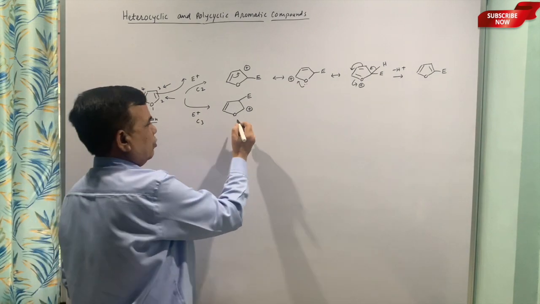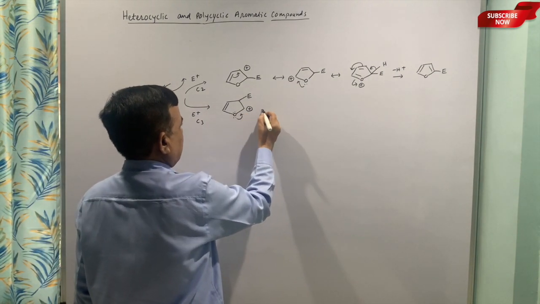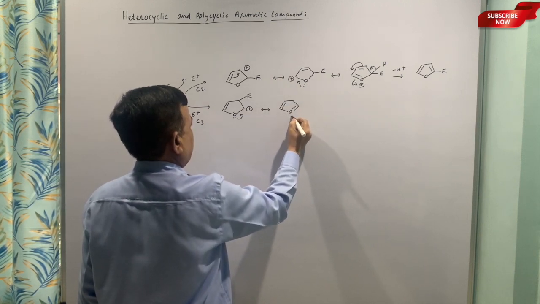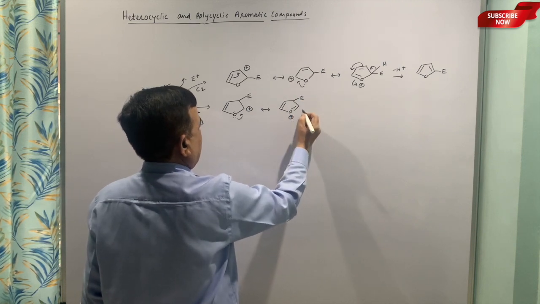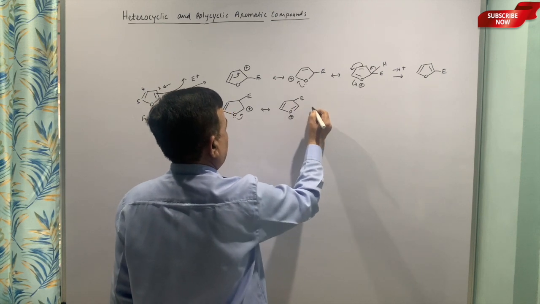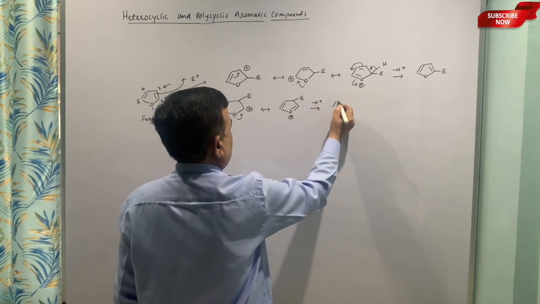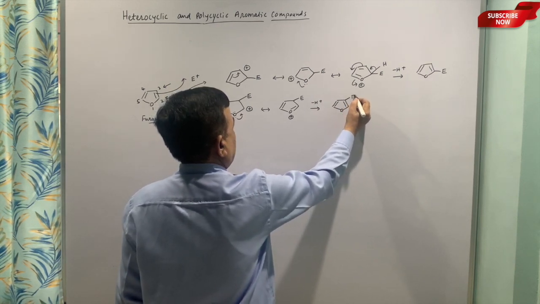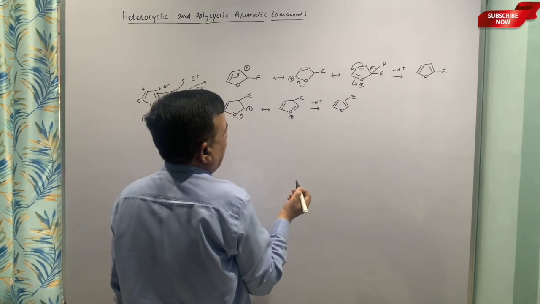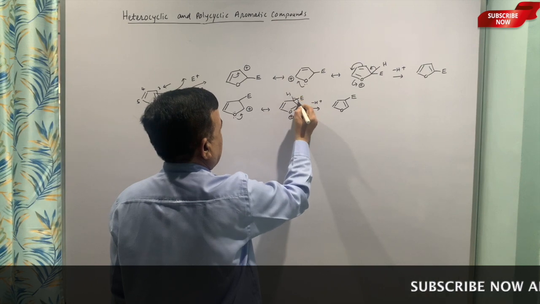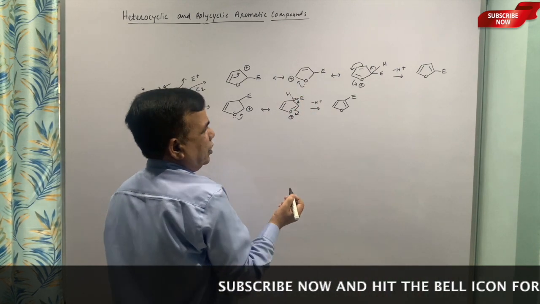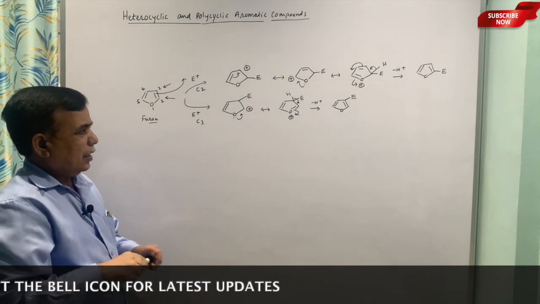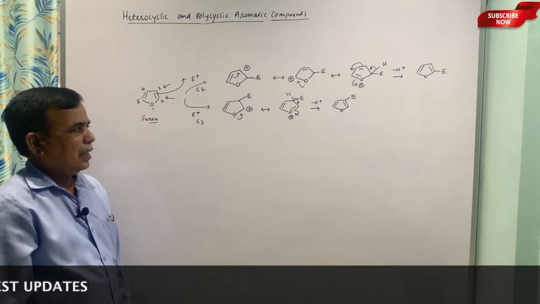If C3 undergoes substitution, the next thing is this will be stabilized by the participation of the electron pair from oxygen, and lastly you have to sacrifice the hydrogen, so that the aromatic sextet is restored. So, you can show it like this. This hydrogen comes here, this goes here. So, the positive charge on oxygen is neutralized, it is rectified. So, the relative stability of the intermediate